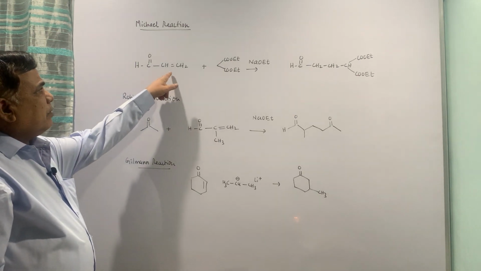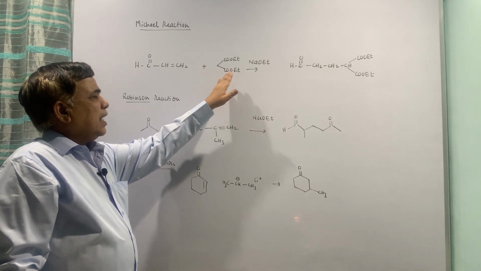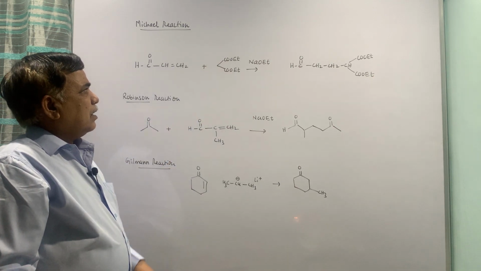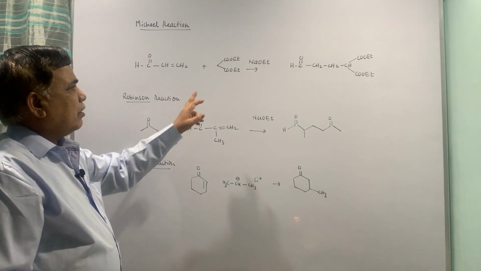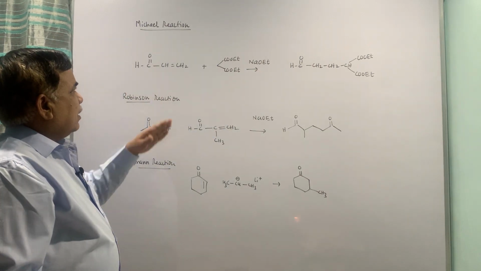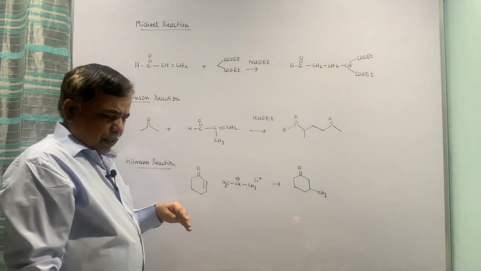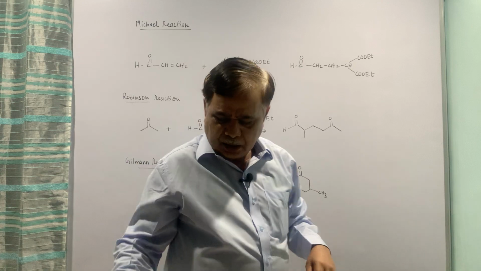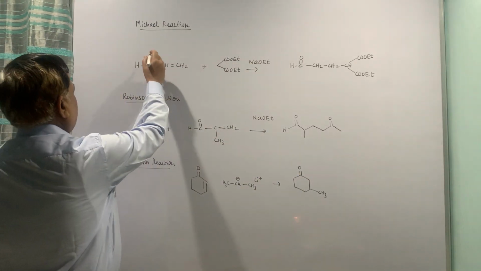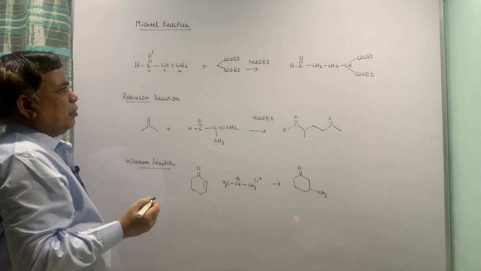So this is alpha beta unsaturated aldehyde, this is the diester, now this malonate ester, and this methylene is having acidic proton which can be abstracted by sodium methoxide, and you can add the carbanion to this double bond. So 1,4, the numbering starts with oxygen, and you can see why it is known as 1,4, because 1, 2, 3 and 4, that is how the nomenclature is.